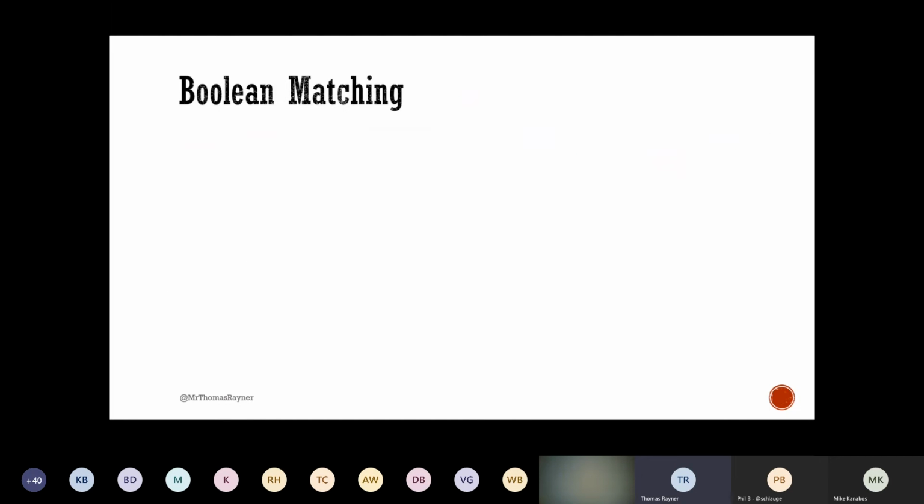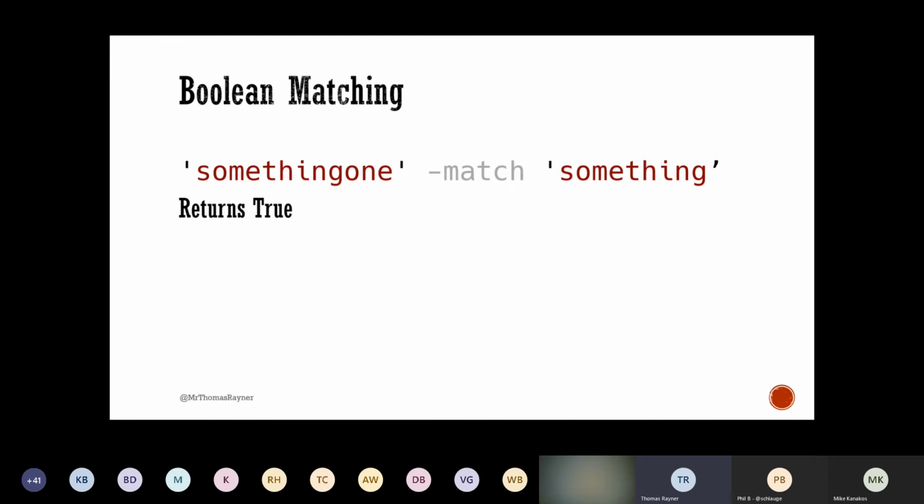And as we're working in PowerShell here to set the stage, this is mostly just using the -match operator, and it returns a Boolean value. It's either true or false. It's going to find the pattern on the right in the string on the left. That's just how this works. This one returns true because it's looking for this pattern, "something", on the right, the regular expression, and on the left, the string that it's taking in. Very important level setting to put in here.